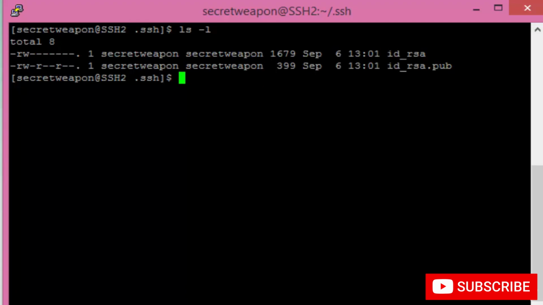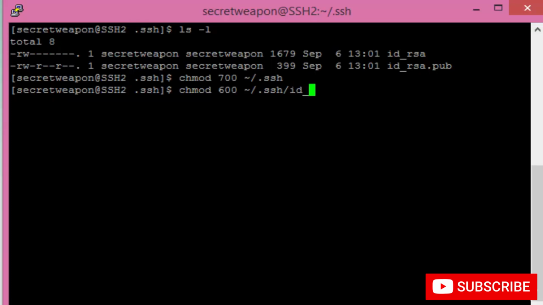Now let us set permissions on the key files. So type chmod 700 ~/.ssh and press enter, and chmod 600 ~/.ssh/ the private key file, which is id_rsa, and press enter. The above permissions are required if StrictModes is set to yes in the SSH configuration